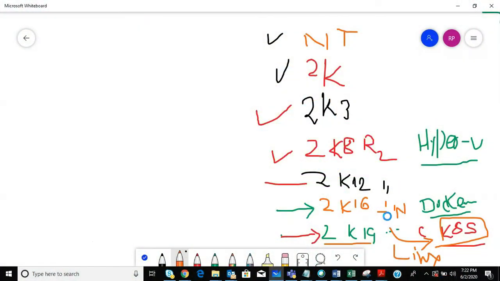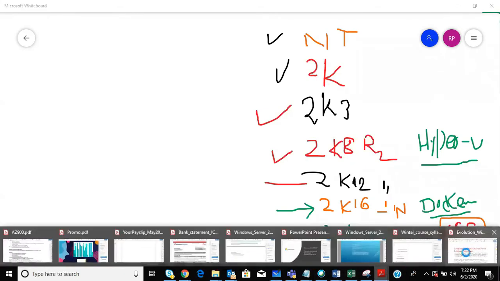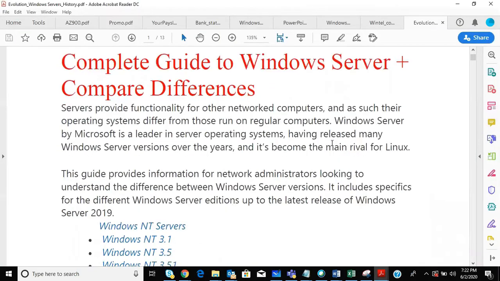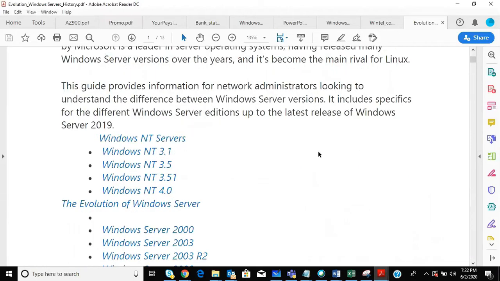We are going to talk about in detail what I'm able to call this. I discuss here how it evolved from X version to Y version. So yes, we talked about Windows NT. Absolutely, we were on the right track. NT was the version, the NT server version. So yes, you are absolutely right.